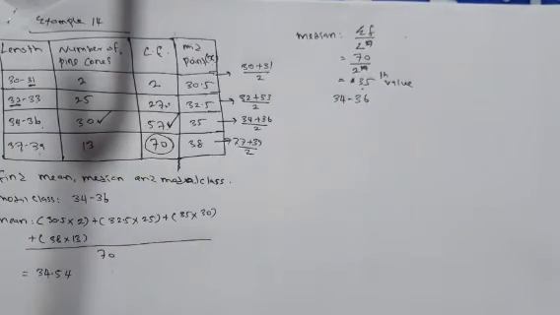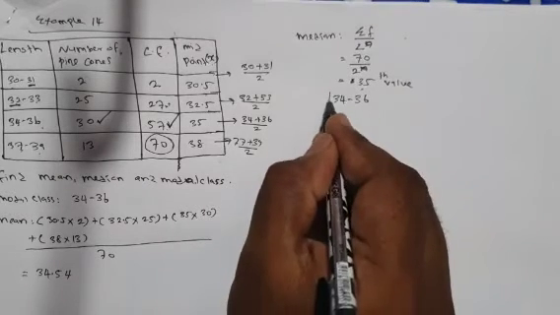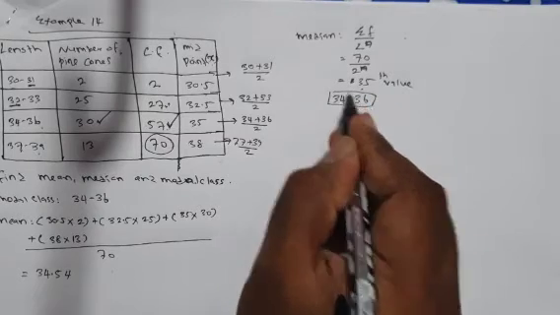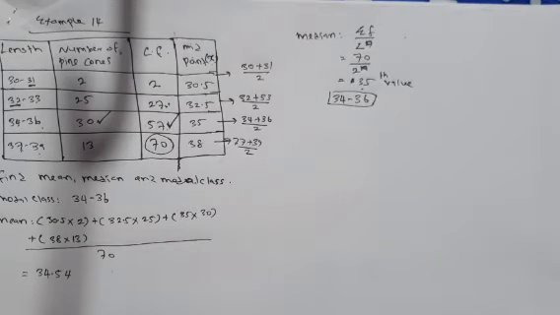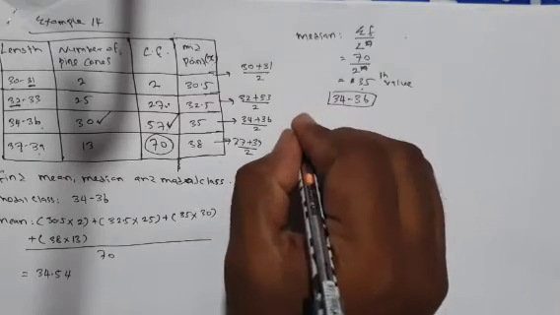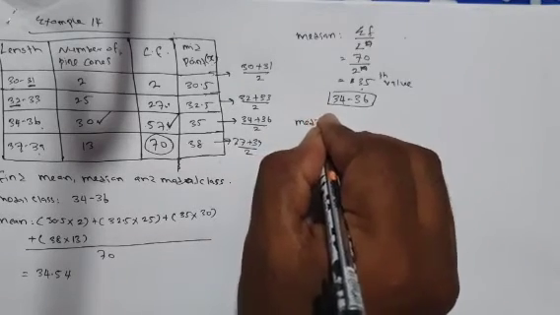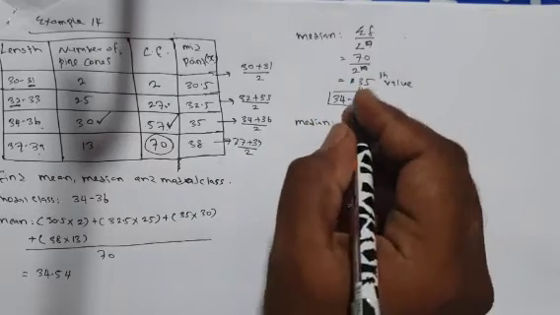Now this is the problem. The problem is we are getting the median as a range. This is wrong. We should always get the median as one value. So to get the median as one value, we have to use a formula. The formula is